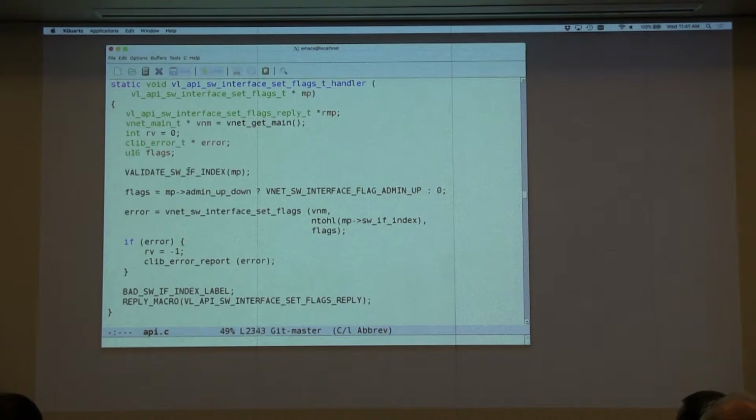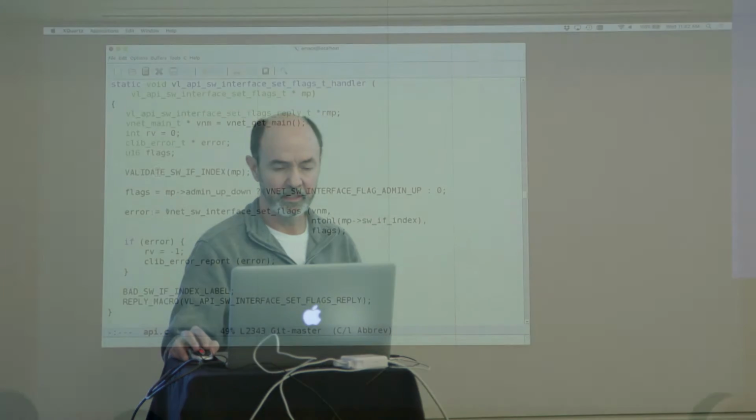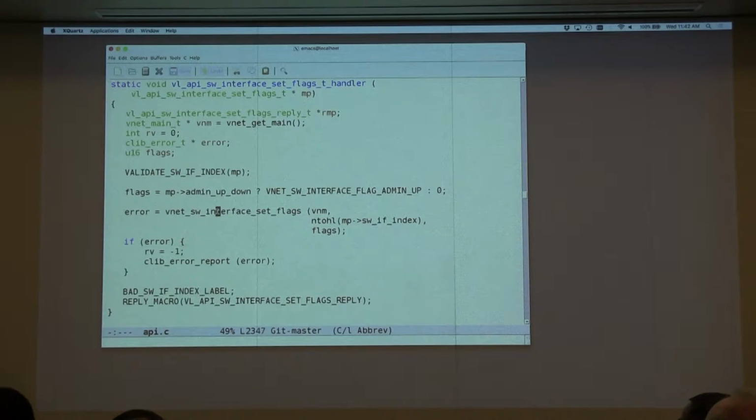Many of the APIs take software IF indices as one of the parameters, because quite commonly you're saying blah blah blah to the interface. Well, to the interface means generally that you want to go validate the interface. Again, these macros are at the top of the file. They're pretty bloody straightforward. Do a little bit of brain police on flag mapping,